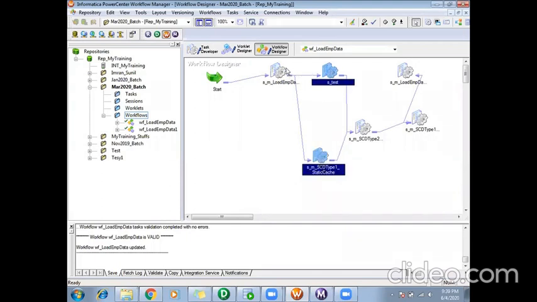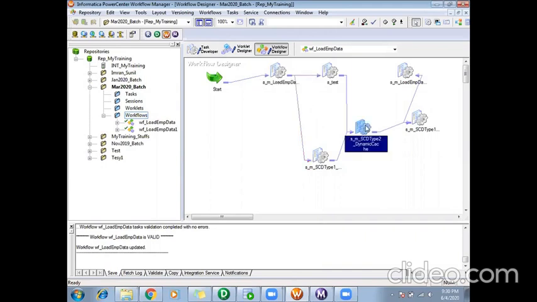If these two sessions are dependent on the data which is loaded by the first session, then I need to ensure that these two sessions start only after that session is completed. Otherwise I can go for parallel batch running. It always depends on your requirement, how the dependency is, and you should always try to have the parallel batch as much as possible, because it will reduce the time. If there is no dependency, then there is no point of waiting, so you can try to run the tasks in parallel.